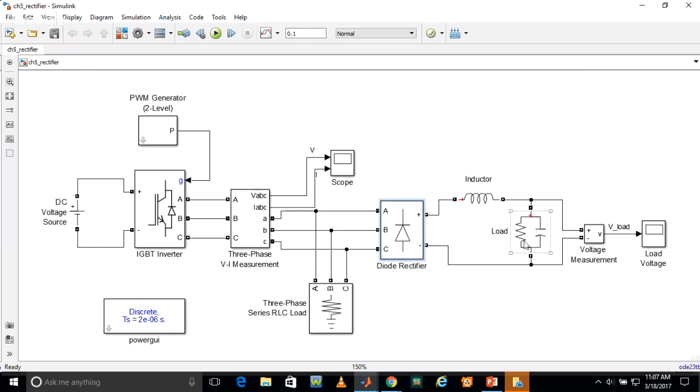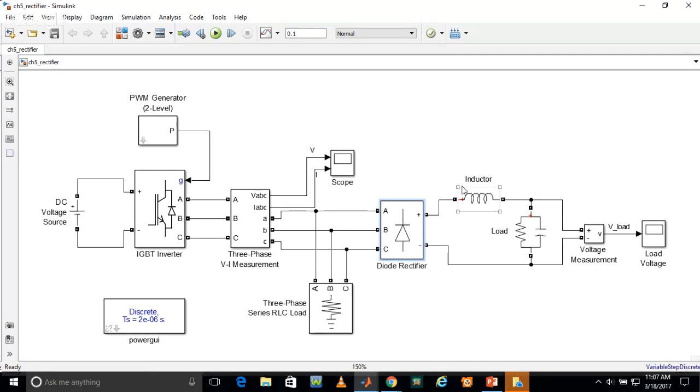This is a similar circuit like this system. Just use the parallel RLC branch or series RLC branch in order to connect this whole system. Okay, if you run this program again, you will see